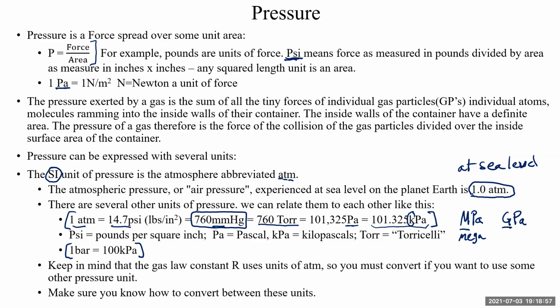One more unit that I don't make much use of, but it is common in physics and engineering, is the bar. A bar is equal to 100,000 pascals or 100 kilopascals. So a bar is just under an atmosphere. It's 100,000 divided by 101,000, so about 0.9 something atmospheres, or around 14 psi instead of 14.7 psi. So a bar is approximately an atmosphere. You can convert it exactly by using the conversion factor between bar, kilopascal, and atmospheres.